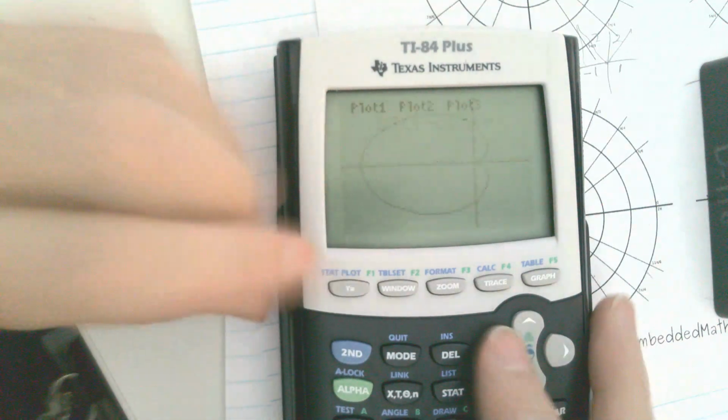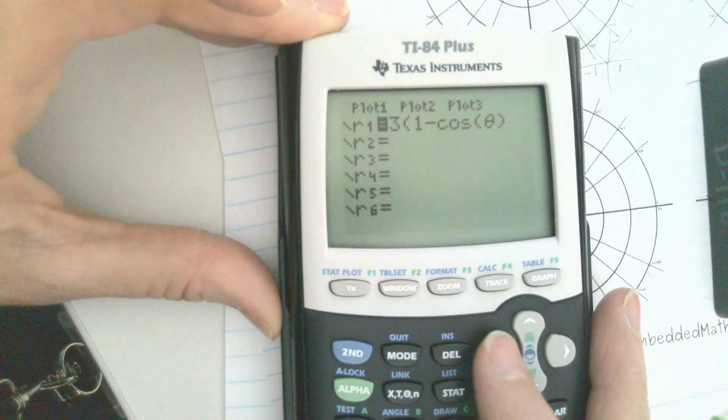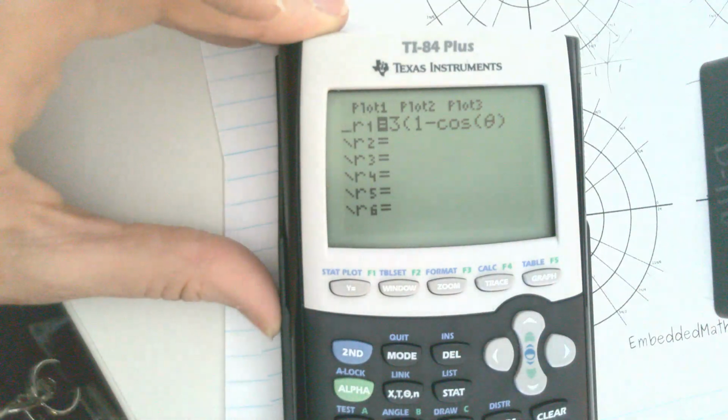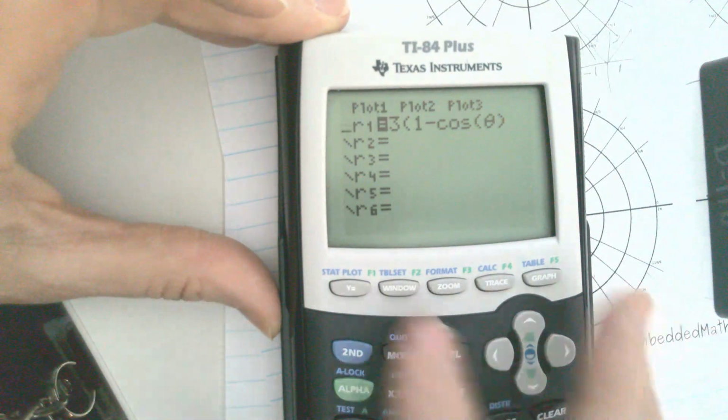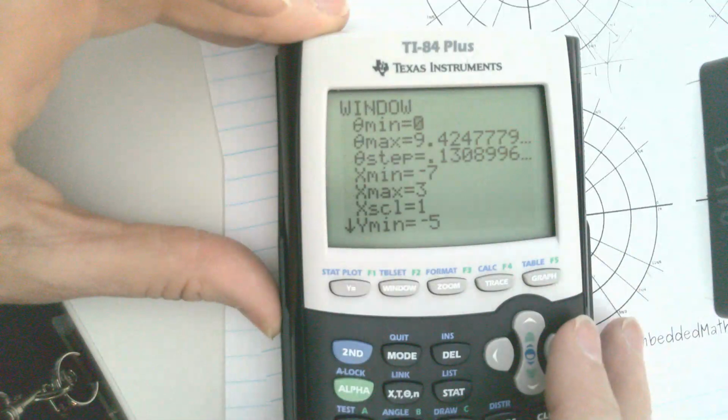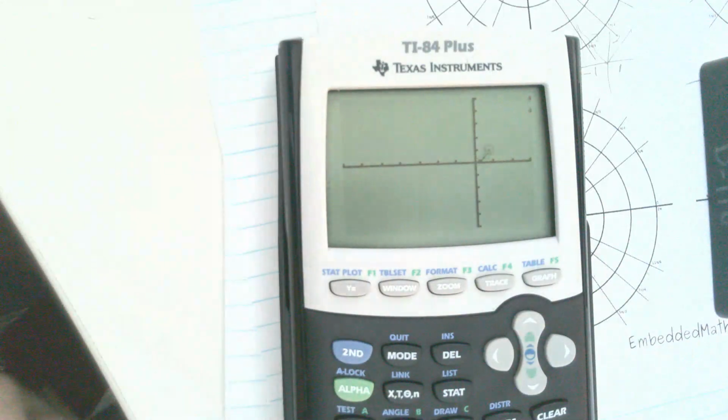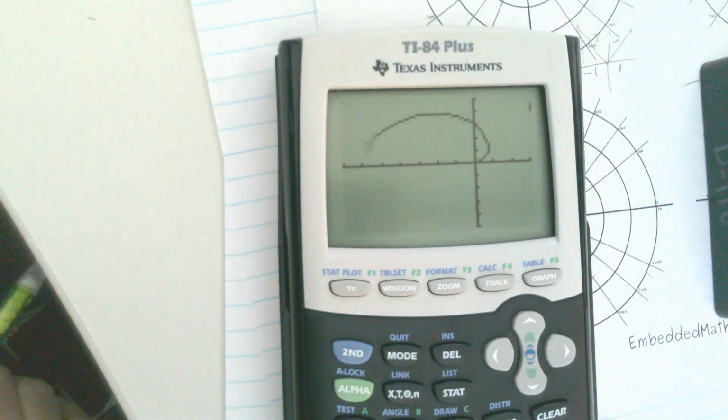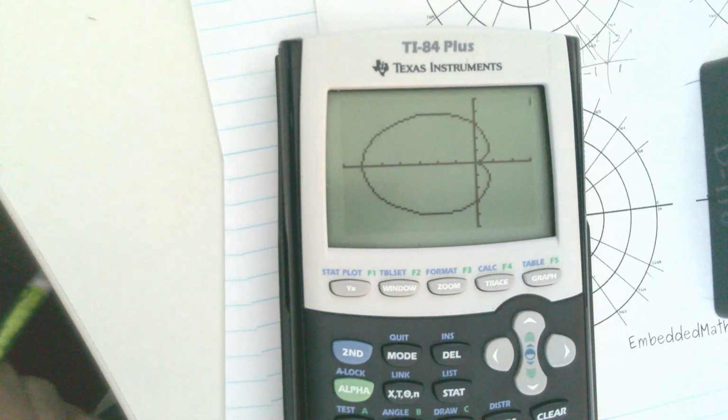Let's go ahead and show how it's traced. I did it from 0 to 3 pi just to show. When it traces around, it just keeps going back over the same graph, right? So, the tangents at the pole